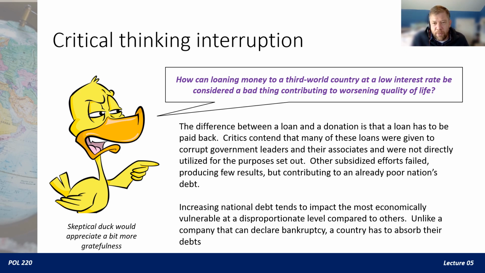Critics historically would say that the World Bank was giving these loans to corrupt government leaders that were essentially stealing the money, or using it for things that were beyond what the loan was intended, and really not aiding and supporting the advancement of developed countries or the recovery of countries that had just been engaged in war. Other subsidized efforts failed or produced very poor results. And what had happened is these countries are getting these loans for certain programs. The programs aren't working, and the country is still stuck with the loan, and so now their debt's even higher. So it's essentially creating even more poverty than it did to begin with here.